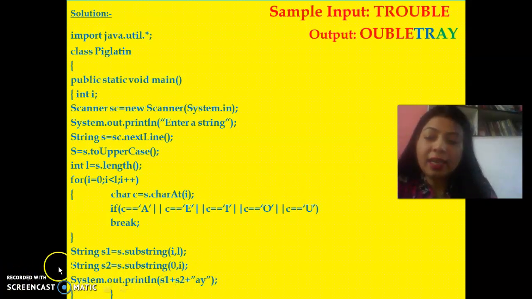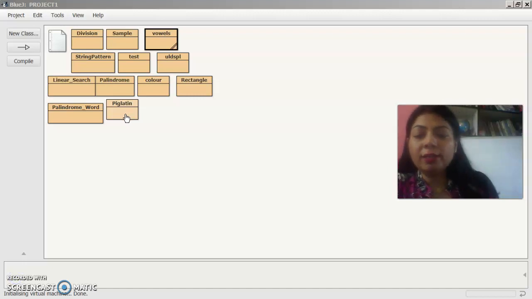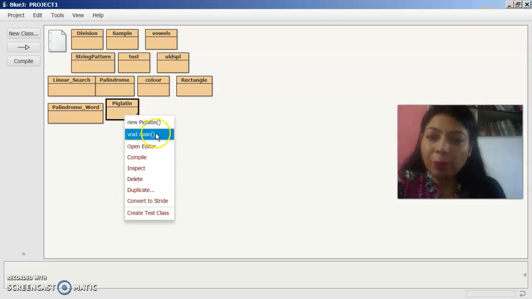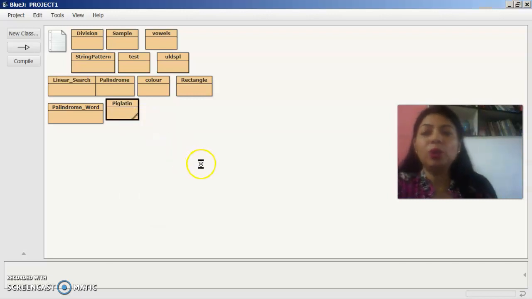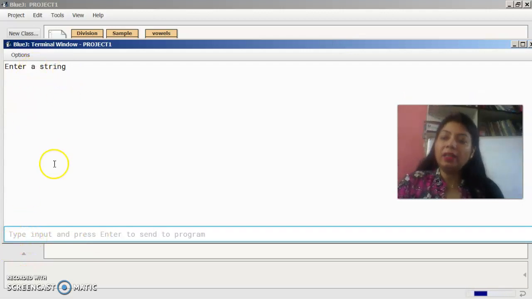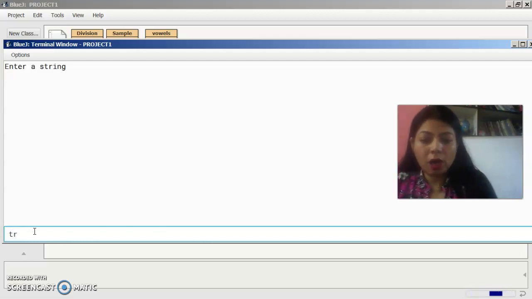So let's run it in Java and see what the output will be. Now you can see we are in the Java window, and here is the piglatin program. I open it for you. The same things I have written here. Then run this program. Enter a string. Suppose TROUBLE.